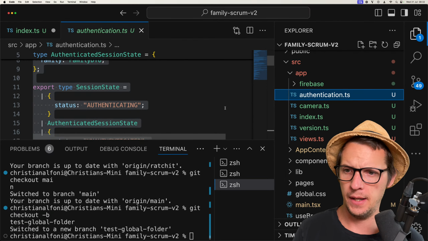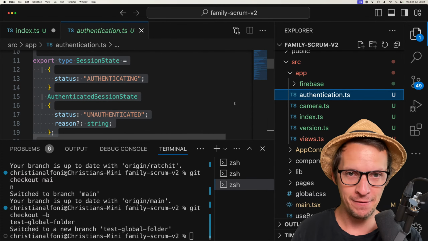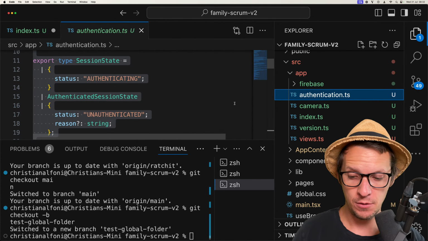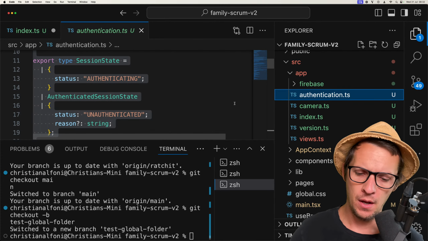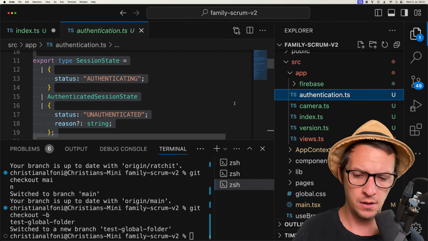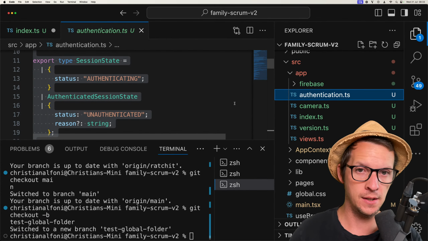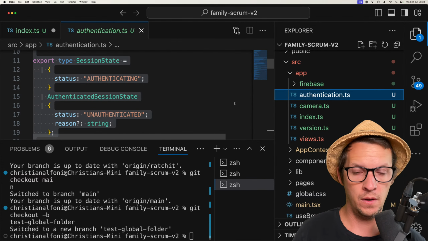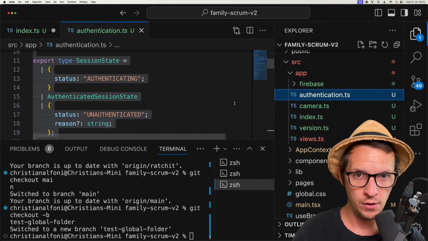One thing I struggled the most with was that we have authentication in front of the Family Scrum app. And I really just wanted to do the authentication first. And when you're authenticated, then we instantiate the Family Scrum app. But in the context of a global state store, you have to hook the Family Scrum app to the authenticated state. But in this decoupled scope world, you can just create an authentication store,